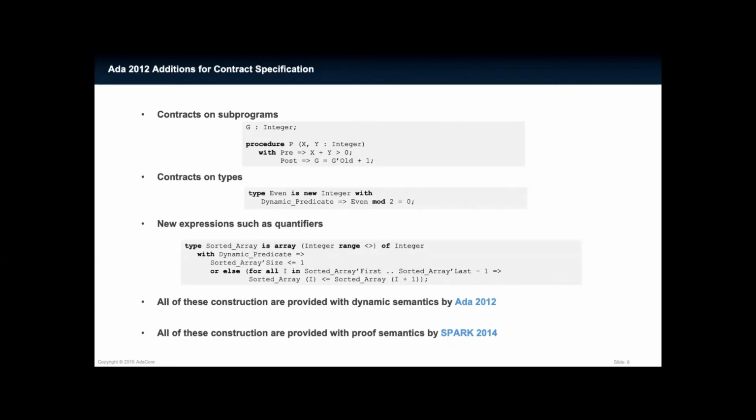This isn't necessarily something you want to run at runtime. For instance, every time you modify a variable of type sorted array, it's going to run this loop. So that's a lot of code that's going to be added. But what's nice is if you are using static analysis techniques, you can write all this in here, check to make sure that everything is valid statically, and then remove these sorts of compiler inserted checks during the compilation, so that you don't have the runtime checks, but you prove that they aren't necessary